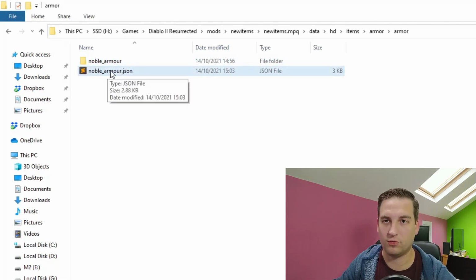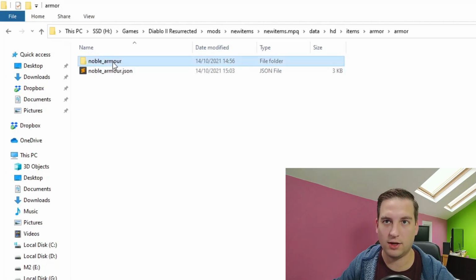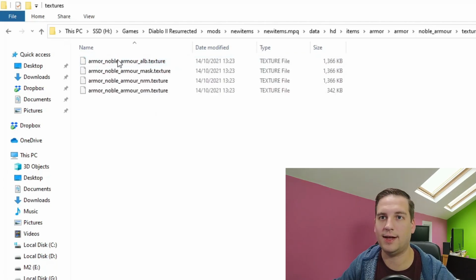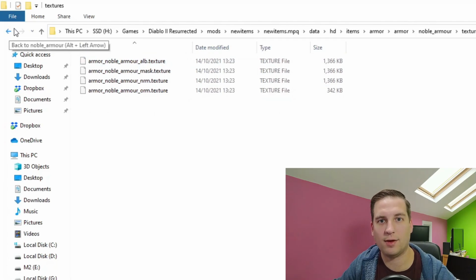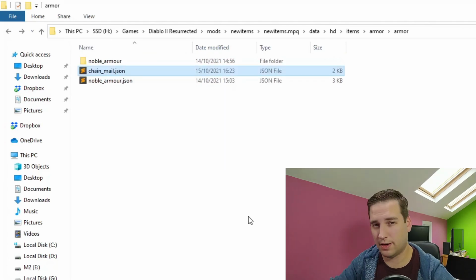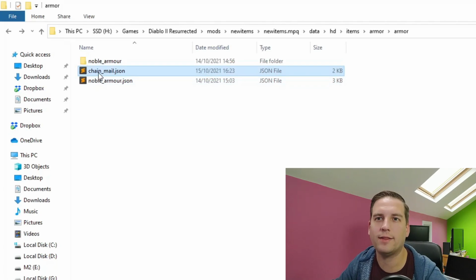So I renamed it from Chainmail to Noble Armor. Likewise here, all the files in it, all the texture files are renamed to match Noble Armor. And again, it's worth noting that when you extract these files,